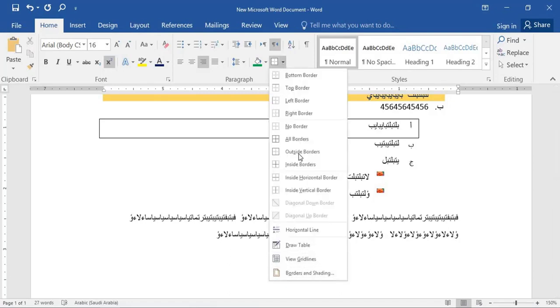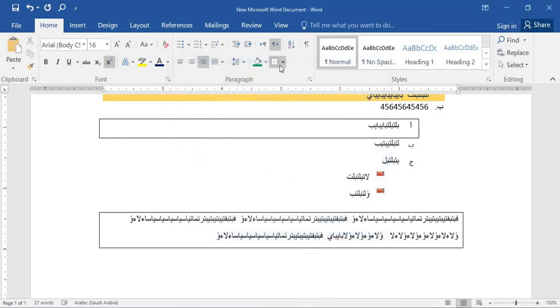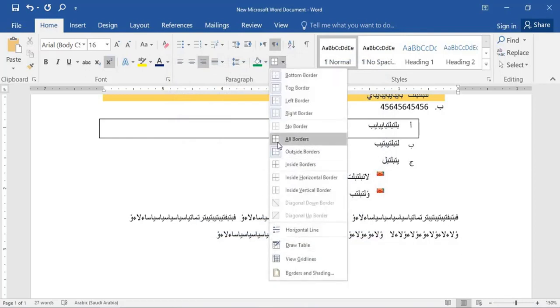By clicking on the borders and then borders and shading. And selecting an outline border for the paragraph like this and then OK. For example, by clicking on multiple options for the borders like this.